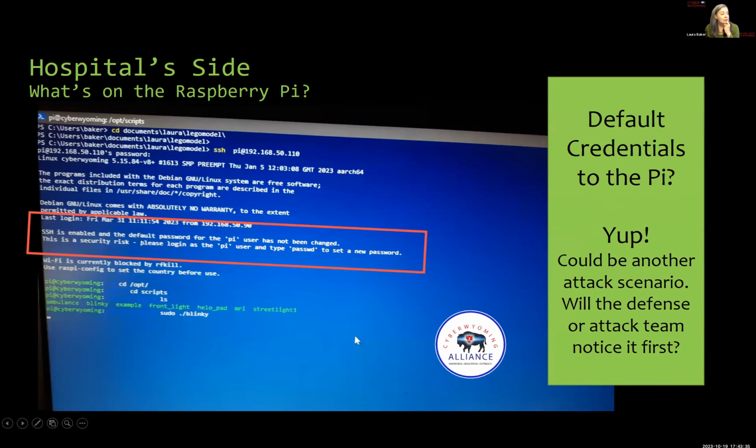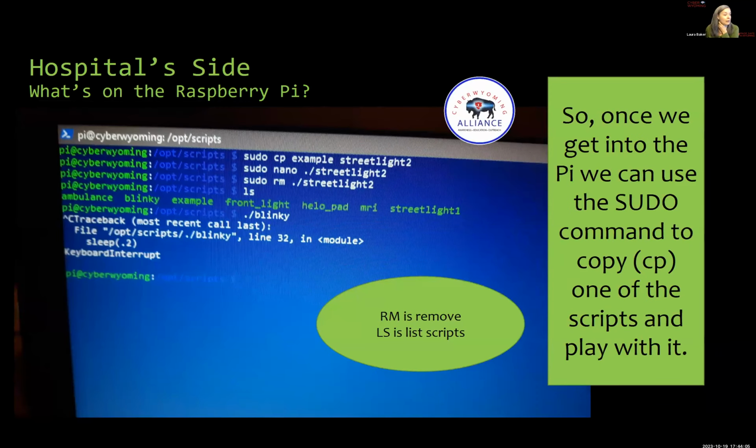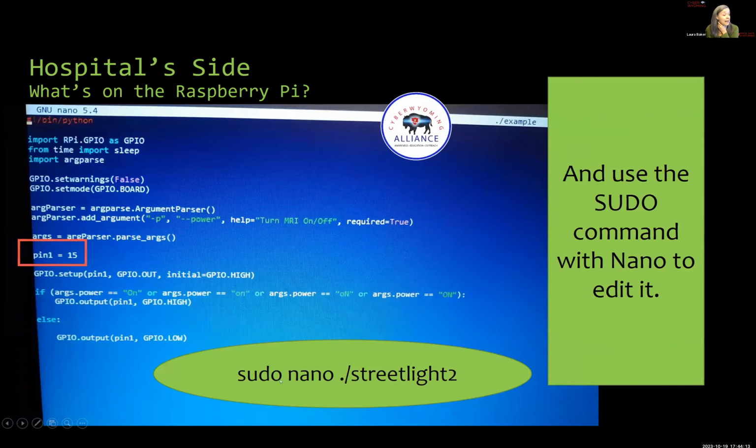SSH is enabled and the default password for the Pi user has not been changed. If you've ever used a Raspberry Pi, the default password is raspberry, all small letters. So it would be very easy for them to look that up and see if they could actually get into the entire server room and get rid of or modify some of these programs listed in green. All they would have to do is go in and they could copy it, they could remove it, they could do all sorts of things, but they could go in and edit it as well using the Nano